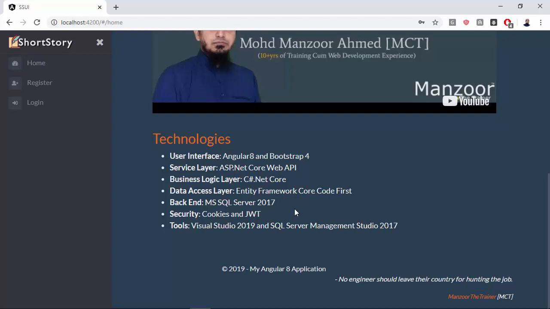Anything that you are not good with or comfortable with, you can just go to Manzoor the Trainer portal and you can get that course. But in this course, I have included ASP.NET Core Web APIs. And in our UI, along with Angular 8, we also need TypeScript. So Web API Core and TypeScript, these are the two courses that I have included in this Angular 8 course.